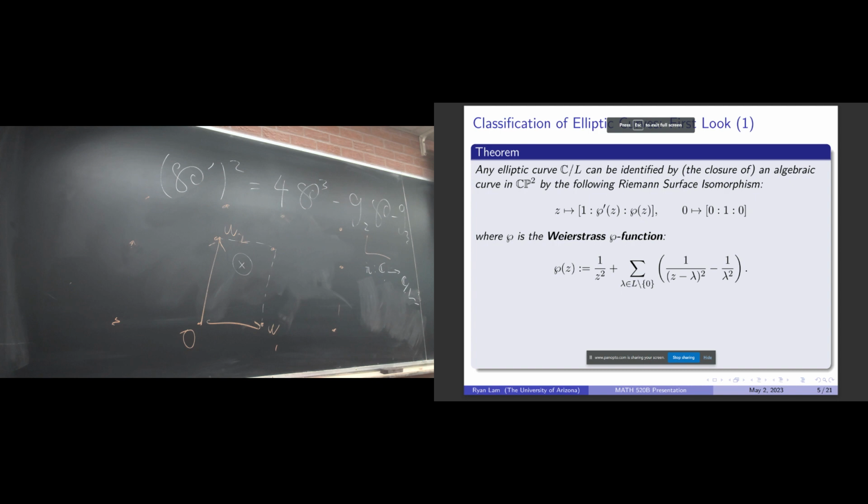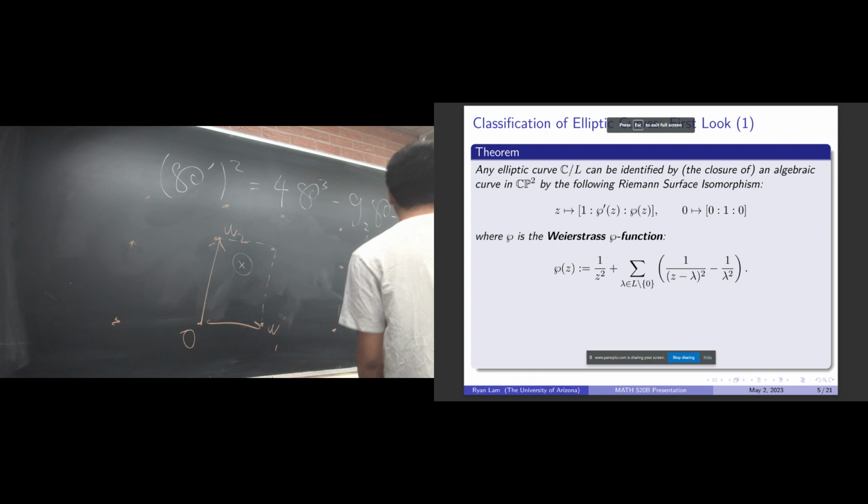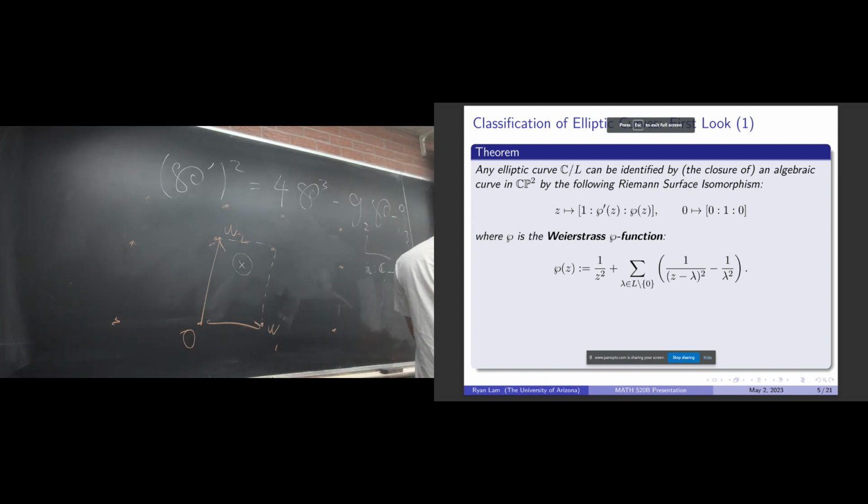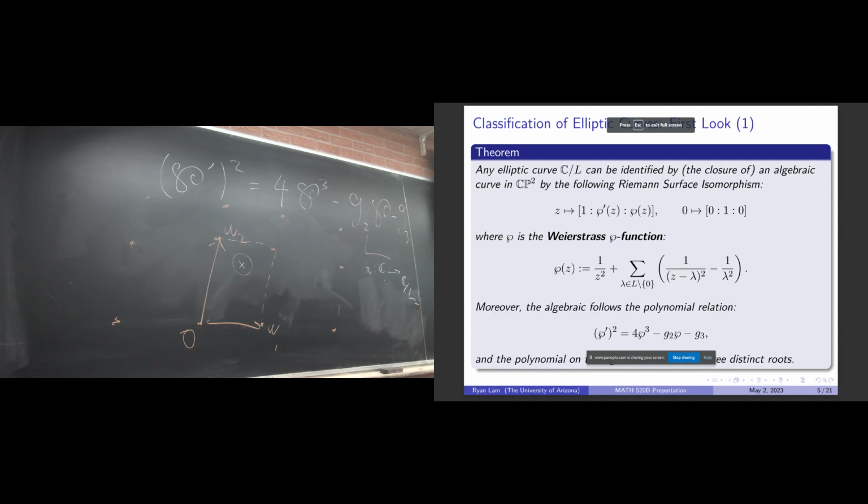So one thing to note here is that the Weierstrass function in this form depends on the lattice L, which is not very obvious with the notation I chose, but I will continue to use the Weierstrass P without a subscript L, and just keep in mind that the Weierstrass P function depends on the lattice L. Moreover, this embedding is actually an algebraic curve, which can be realized as this polynomial homogenized, because we are talking about CP2. So this is not exactly a polynomial, but you need to homogenize it. And it is in CP2,